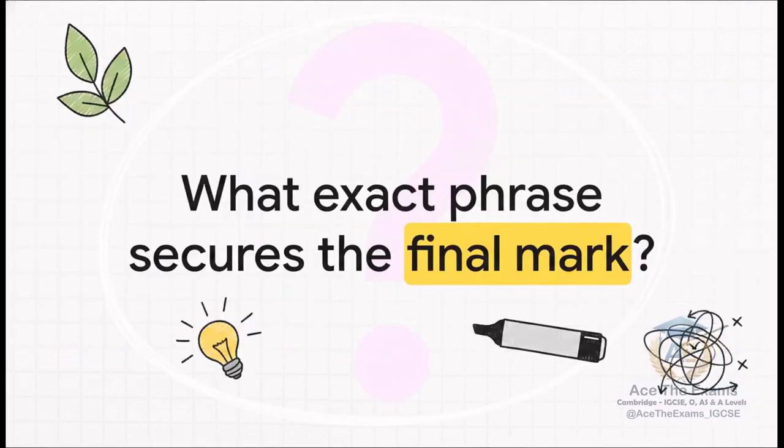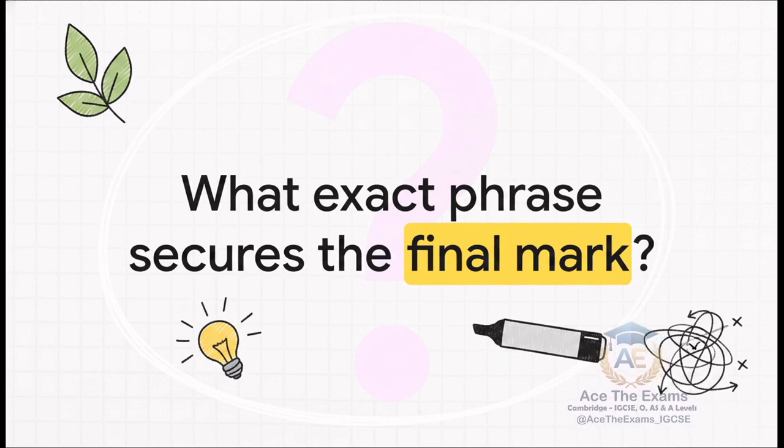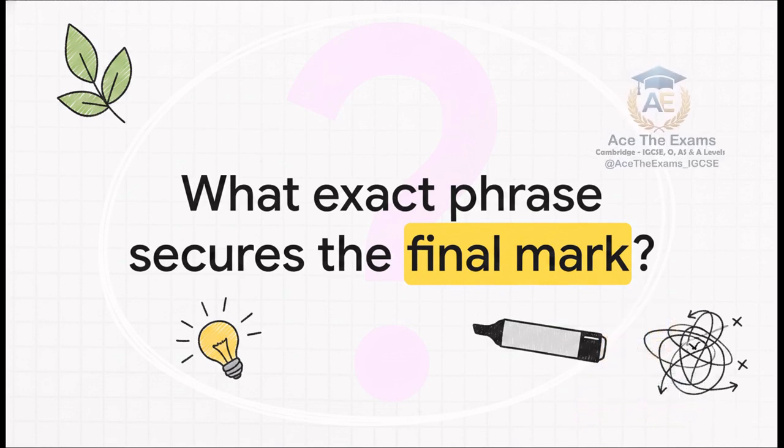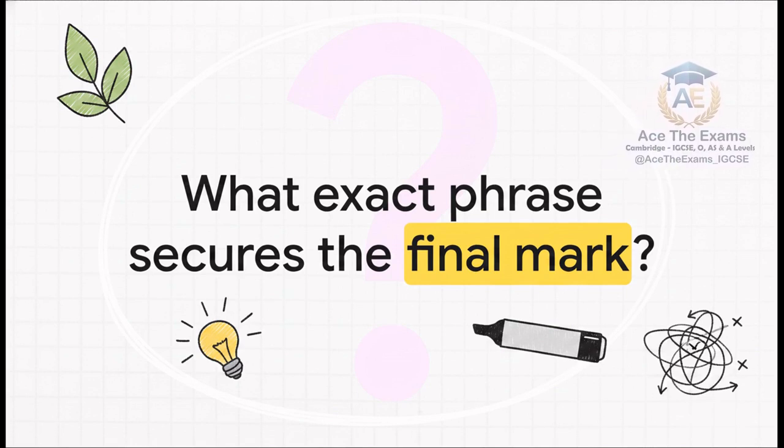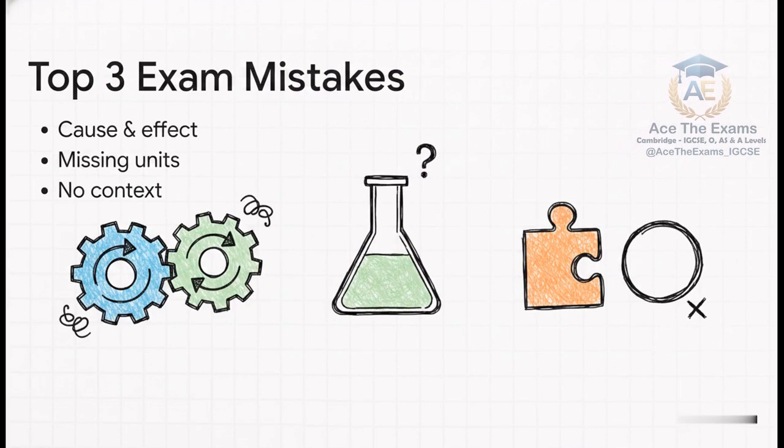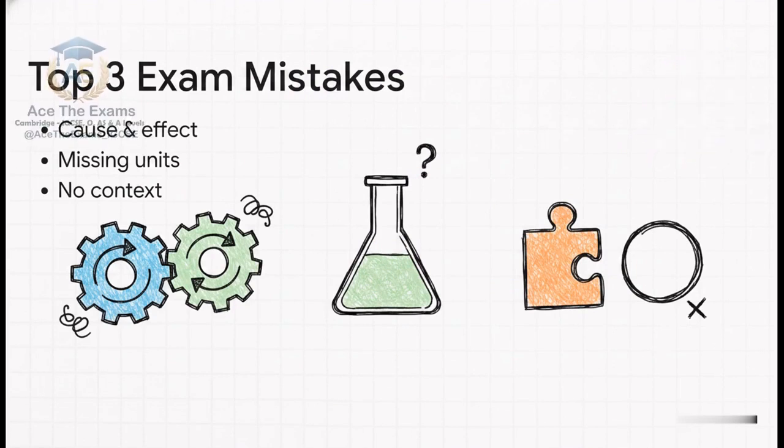Now, what is the exact phrase examiners look for to award the final mark? Well, in just a second, I'll show you the specific clue that transforms an average answer into a top-band A-star answer. It's a really subtle shift in wording that examiners actively scan for. But first, before we drop that clue, we need a framework to avoid the biggest traps students fall into year after year. So, the key here is steering completely clear of these top 3 exam mistakes, straight from the Cambridge